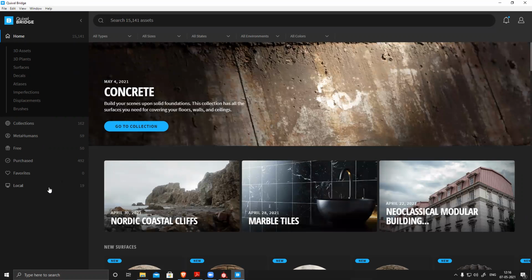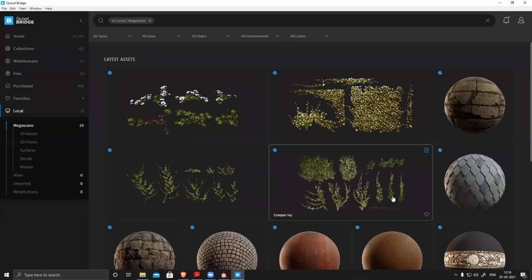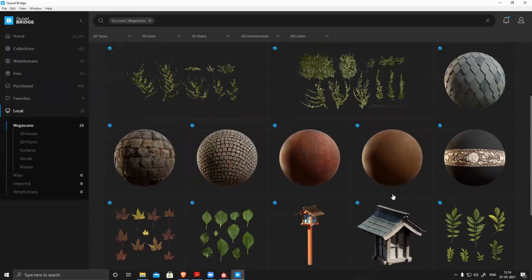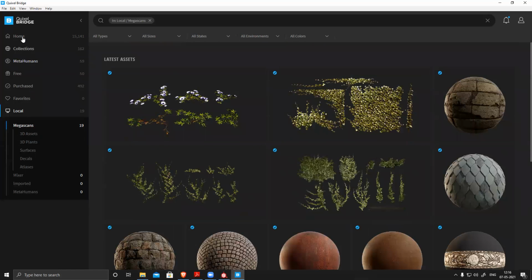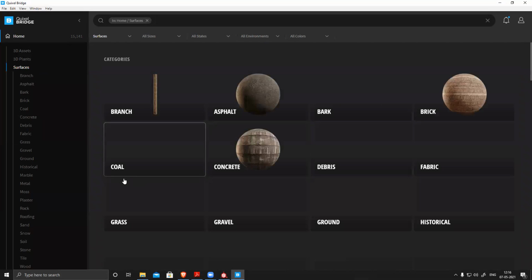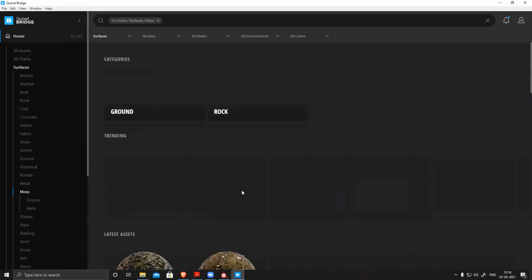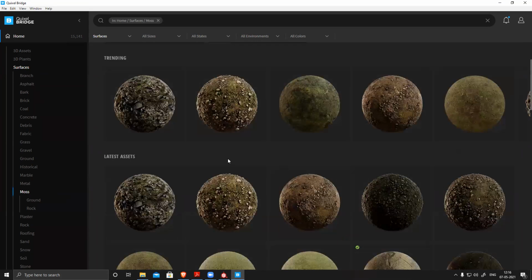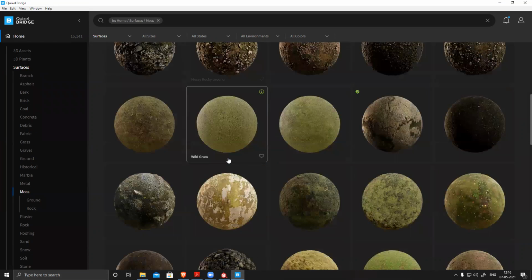Decent space is there. Local, I have 19 textures. So let's see. Okay, I don't have any moss or dirt. So I'll go to home, surface, moss. You can see moss, pebble, and all these things are there. So I can use any one of them to get nice detail.